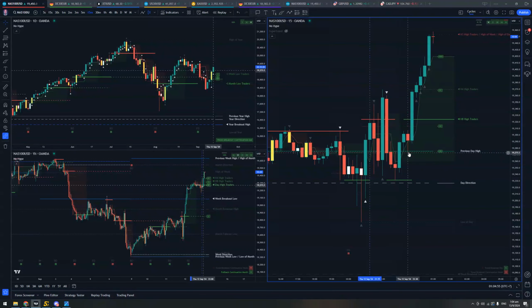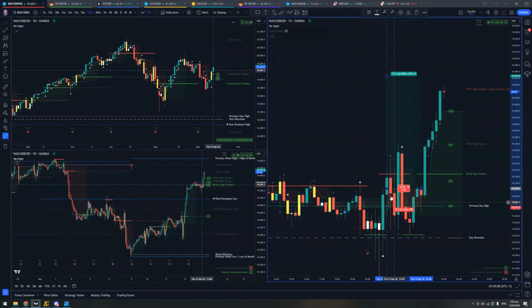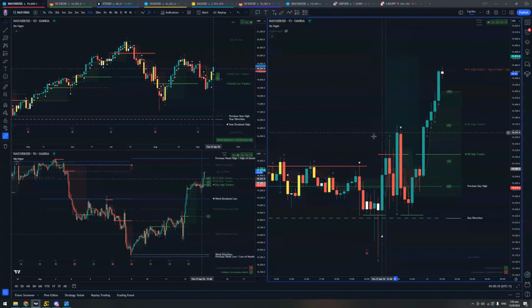Price pushed down, got rejected at the previous day high, and I entered straight on the M15 as price popped up above the M15 high right here. Stops at the low of that candle, and was treating this as a breakout. Breakouts, I don't have any target. I just trail